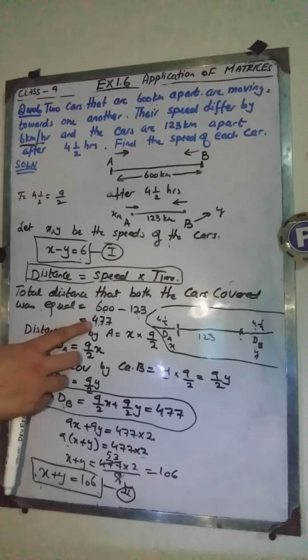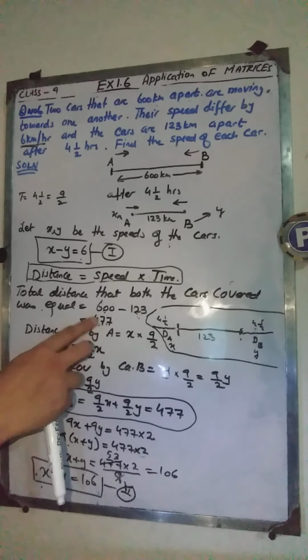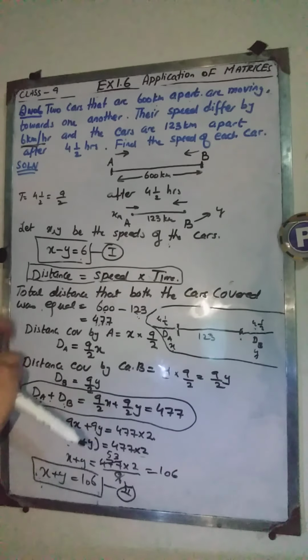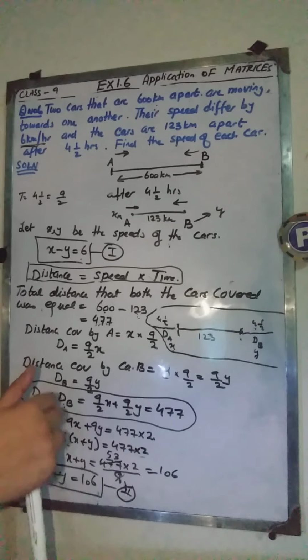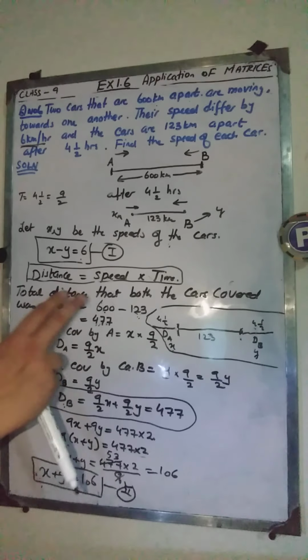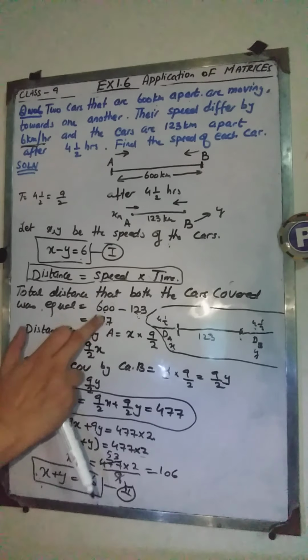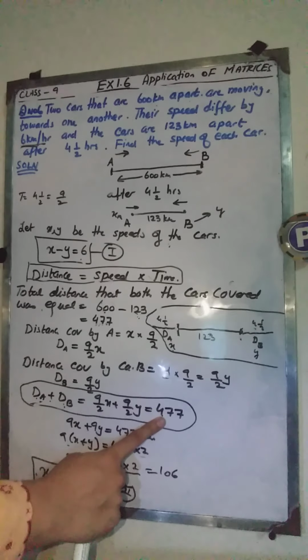ये इनका अलग अलग डिस्टेंस नहीं है, कार ए प्लस कार बी का टोटल डिस्टेंस है 477, क्योंकि इनमें से एक कार ज़्यादा स्पीड से जा रही है, एक आहिस्ता जा रही है, तो इनका मिला के एक का डिस्टेंस ज़ाहिर ज़्यादा होगा, एक का कम होगा. ठीक है, लेकिन हमें पता है कि दोनों का मिला के डिस्टेंस 477 होगा, बिकॉज दीज टू शुड ऐड अप टू गिव यू 600. So the distance between both these cars is equal to 477.